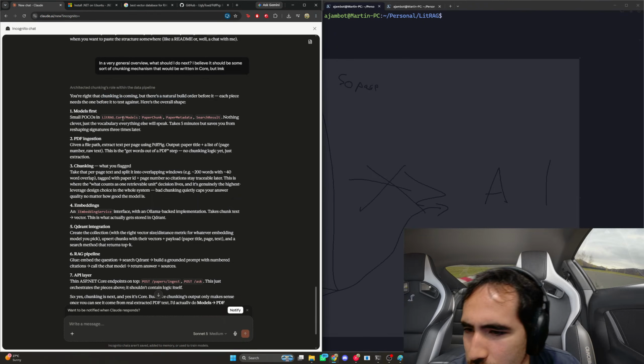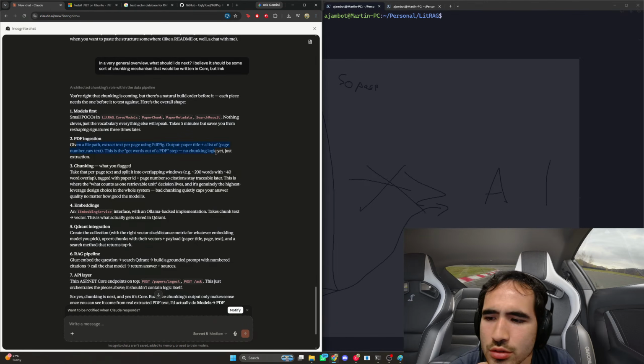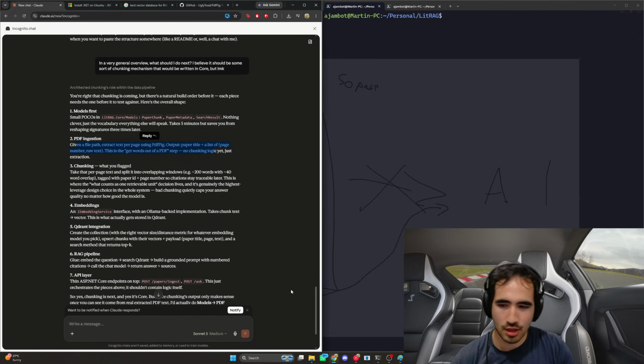It says models first, no POCOs, and saves you from reshipping signatures three times later. I don't know what this means. A paper title and a list of pages. Okay, you know what?